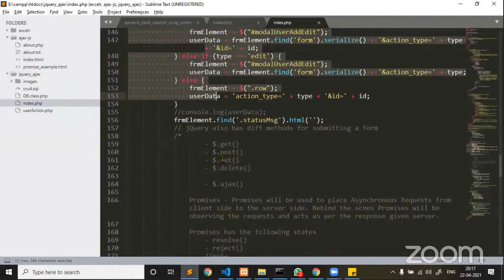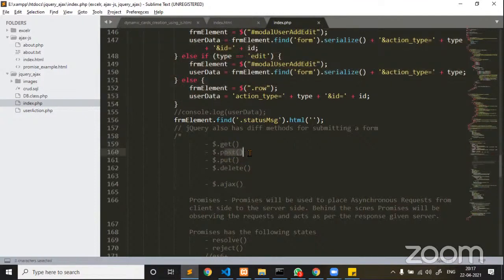However, we had a discussion just 5 or 10 minutes before. There is a get method, post method, put method, and delete method. Now, dollar is an alias of jQuery, and by using jQuery, you need not check anything manually.